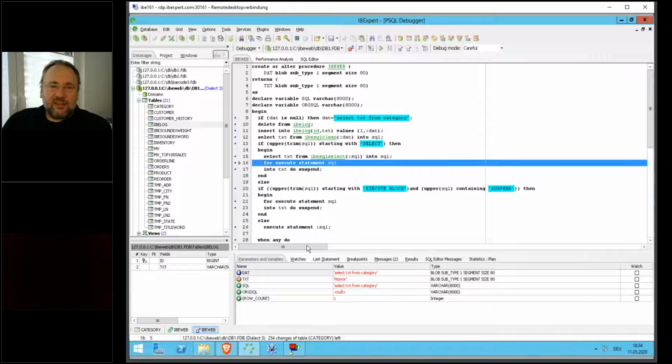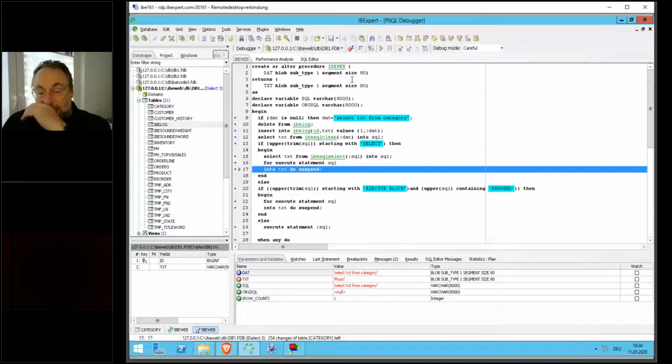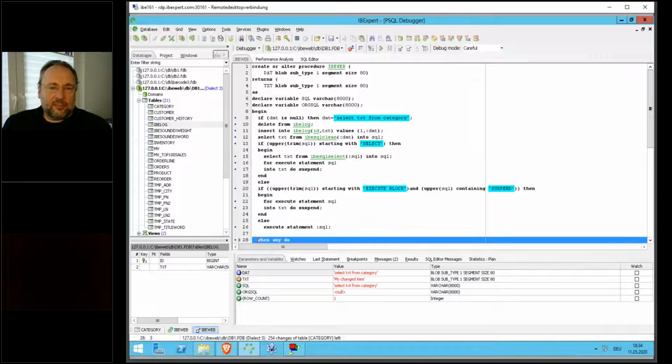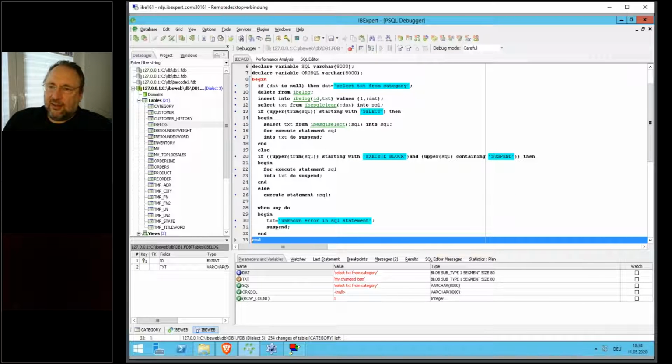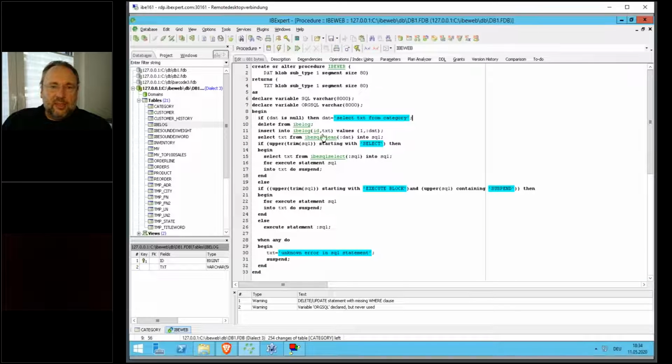So the basic idea is simply to send this procedure a SQL statement, and the procedure should execute the SQL statement using such a technical implementation, which is for a select statement extremely easy. But for other statements, it could be a little bit more complex. But you will see in a later example, when we go back to the